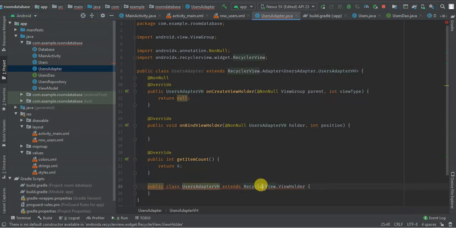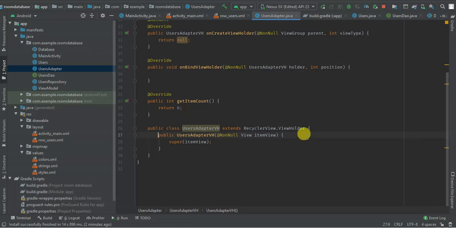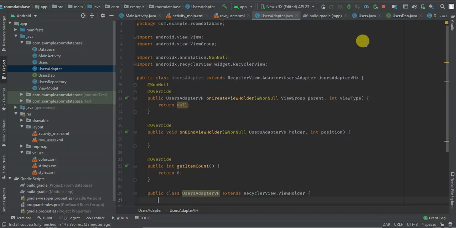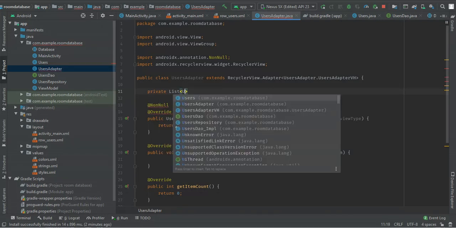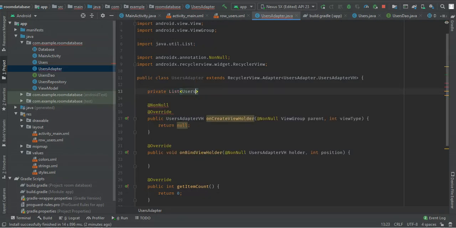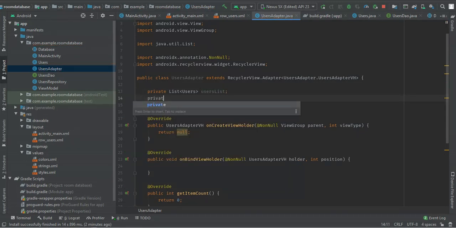I also implement the method here and generate constructor. So I have my list of users that I want to display, private list users list, and I have context, private